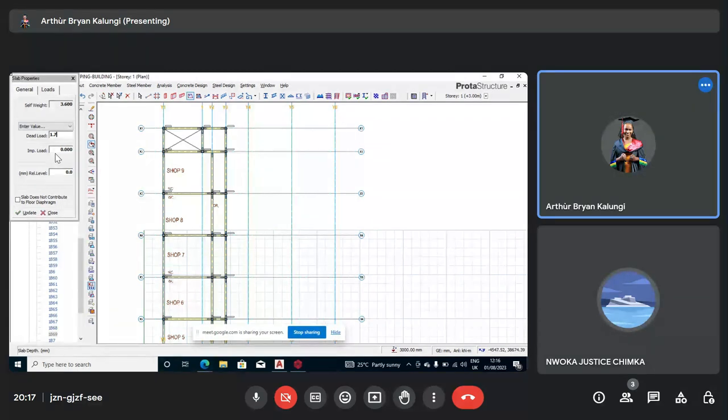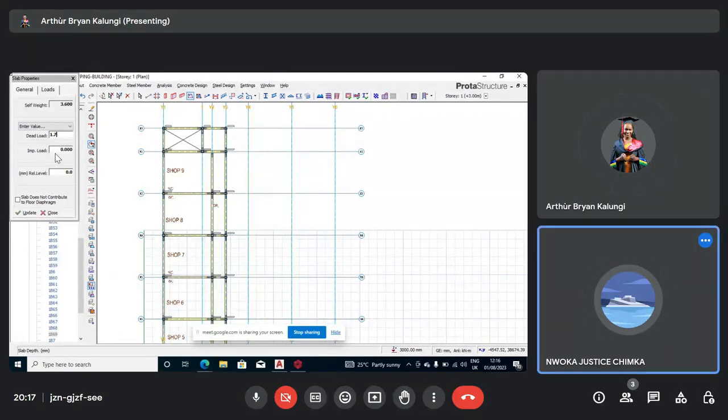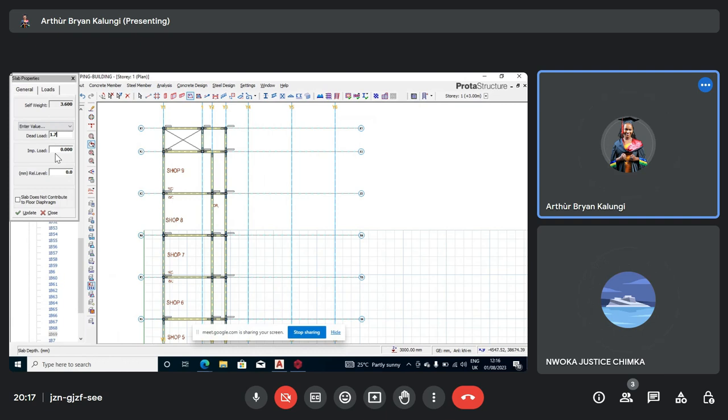Exactly. So once you have bigger buildings, like an event center, halls, or banks, you can choose your finishing load to be 1.5. But for a normal building, like a private building that is less busy, you can use 1.0 or 1.2 as your finishing load. So if you now add it up,